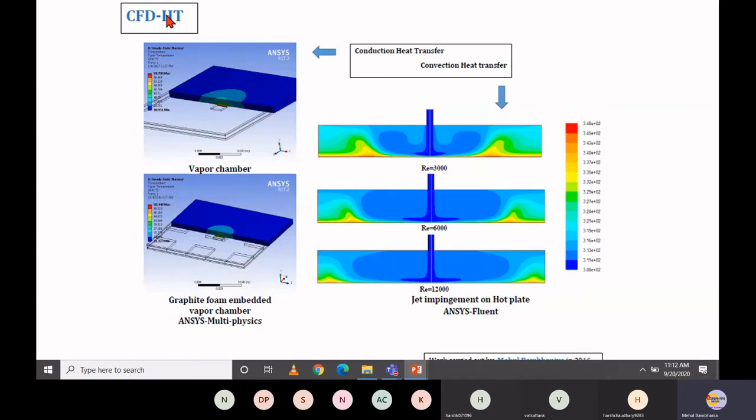The conduction and convection heat transfer. This is the conduction heat transfer problem and the convection heat transfer problem. See, this is the vapor chamber. Maybe you are aware of it or not. See this, in the electronic device,